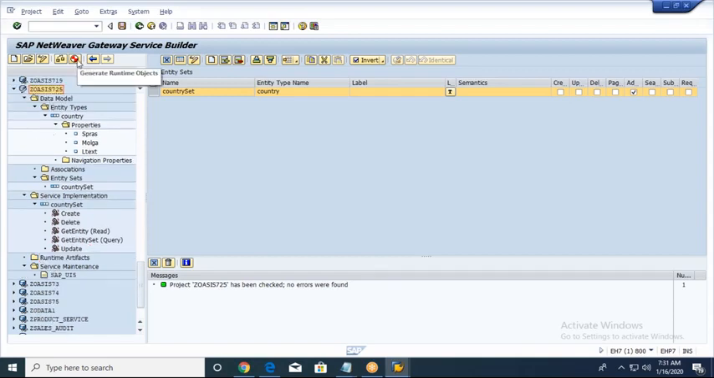We need to generate runtime artifacts, but to get the runtime artifacts, we need to understand two things: OData service with mapping and without mapping. Both have the same steps except one step. In with mapping,